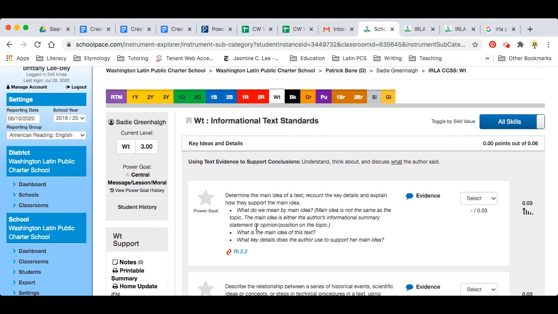Now, if they are below white and it's 2R or 1R, 2B, 1B, then we're getting into phonics. So I'll do a separate video on that. So I hope that helps with